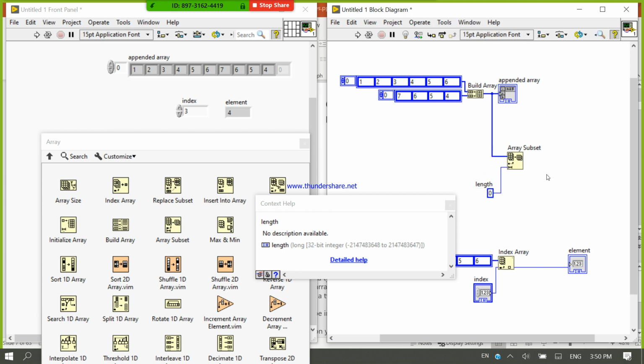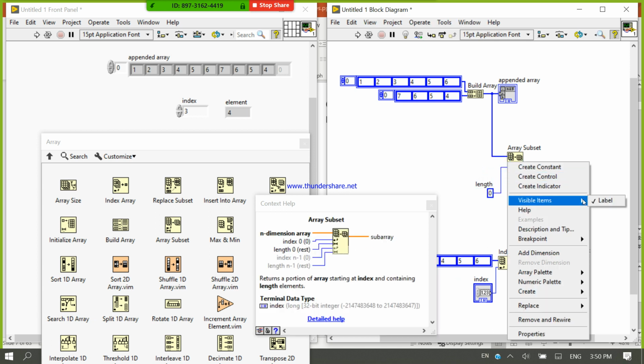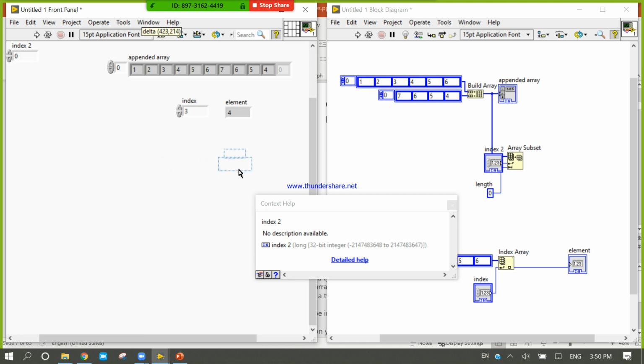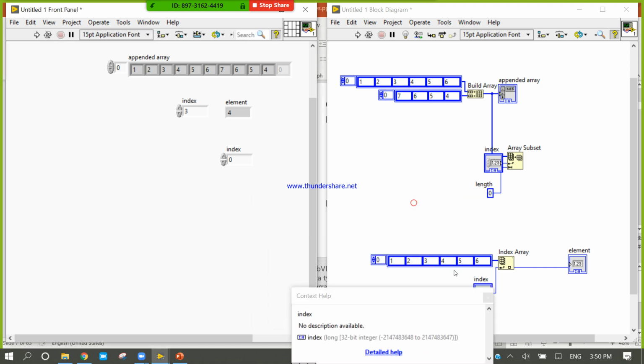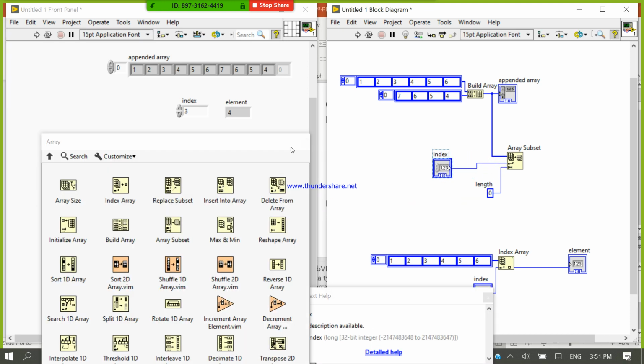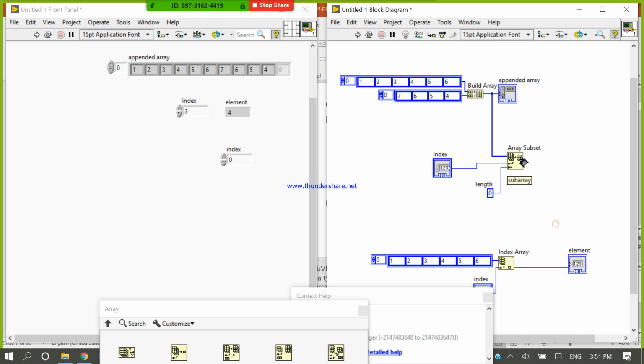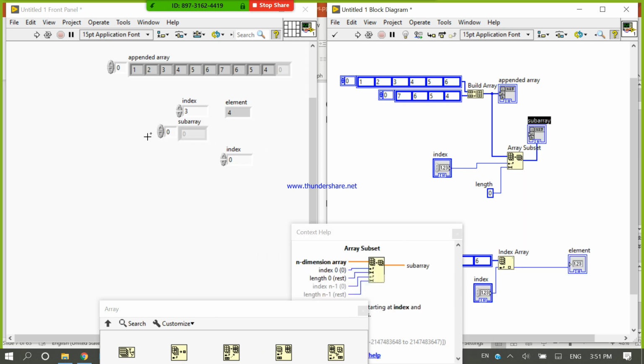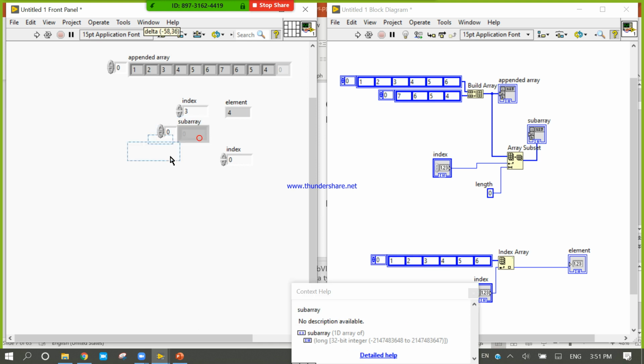And this one is create control index. Okay, this one is index. Now let's see what kind of output will come if we create one array subset. Create indicator. So this will be the array subset for this.